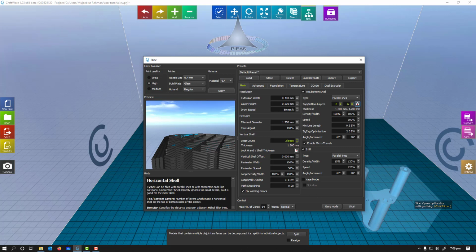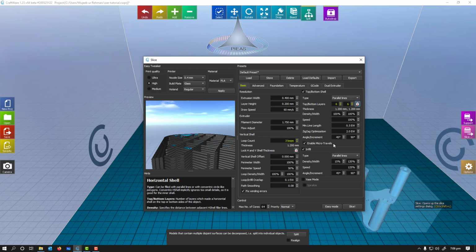So we have defined the factor according to the extrusion width. It will be 0.1 times 0.4. So this infill and this layer will overlap each other for better strength up to 0.1 times of extrusion width. Next thing is path smoothing, just make it default.